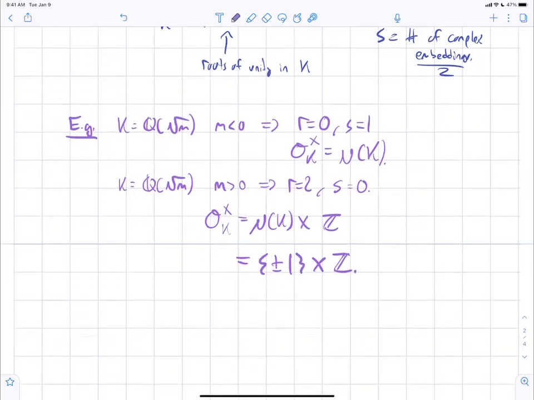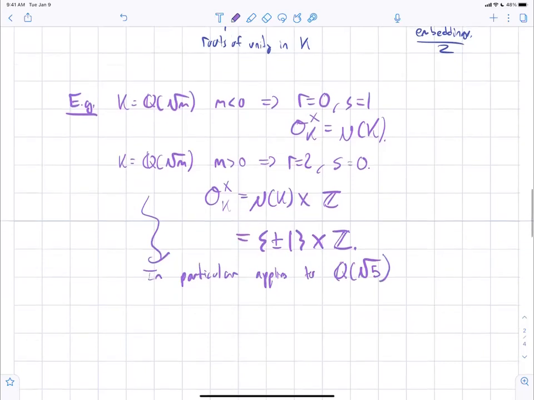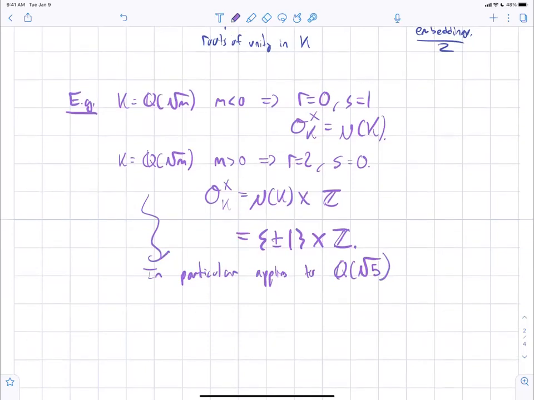In particular, this applies to Q(√5), which we were looking at above. In this case, once you have this theorem and know the structure, you can check it. You could do it without the theorem, but it's particularly easy once you have it. You could check that